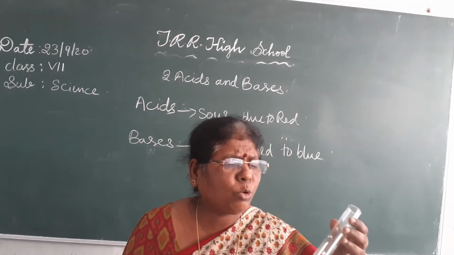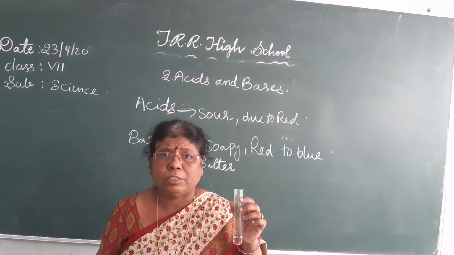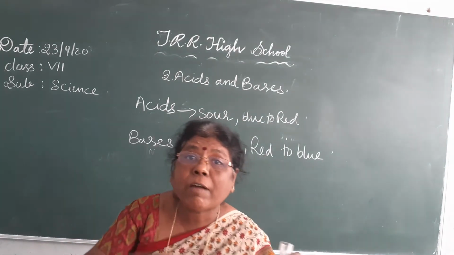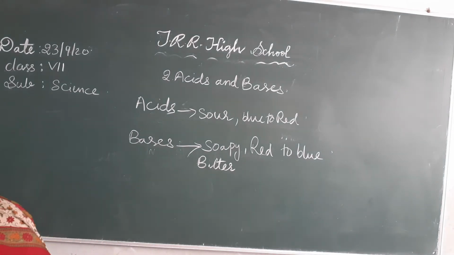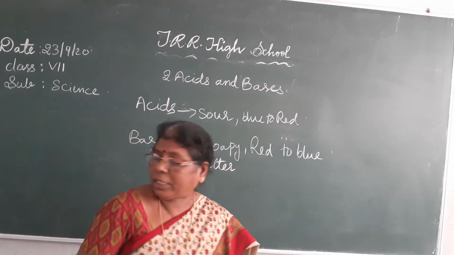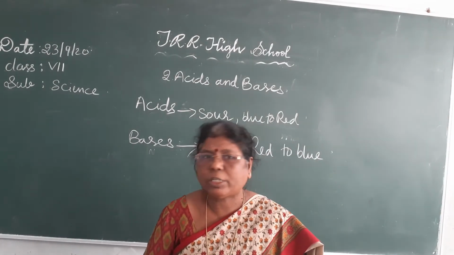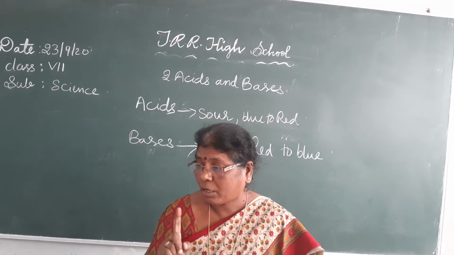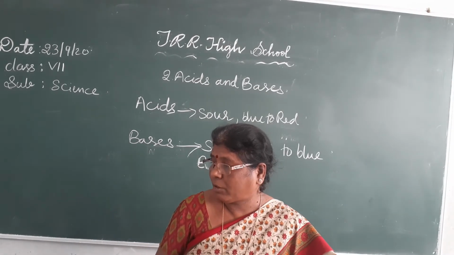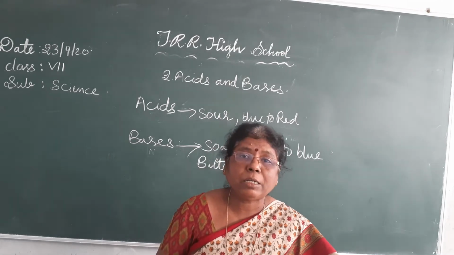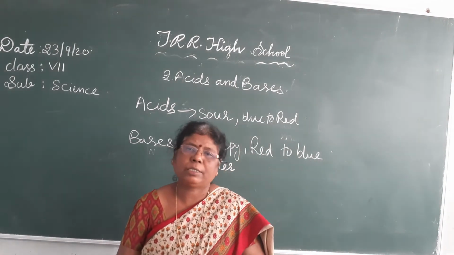So you can do many more experiments. You can use kira, spinach, isn't it? Your saliva can also be tested. So, I have given many examples of acidic nature which we use in our day-to-day life. Lemon is sour in taste, tomato, apples, vinegar, buttermilk, all these change blue litmus to red in color.